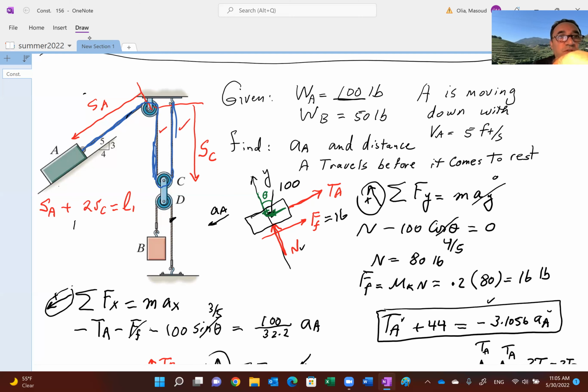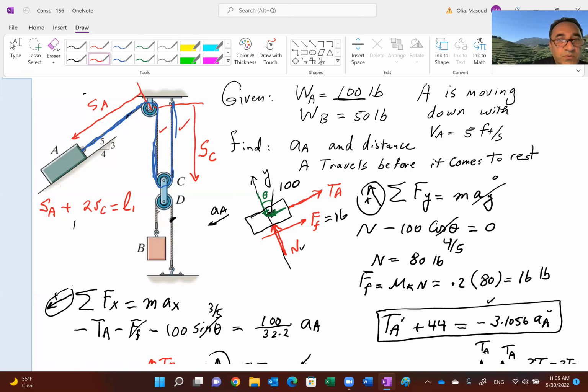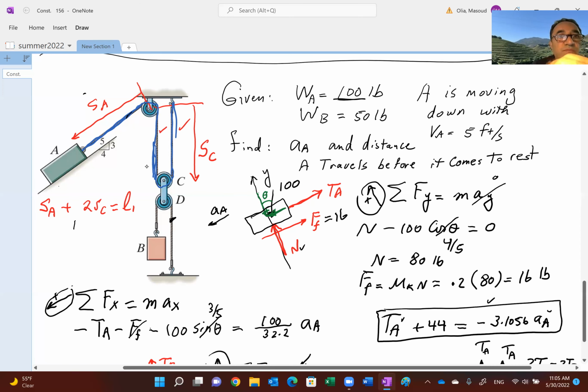Let me change the color here. So you see there are 2 different ropes here. So we're talking about this rope now. If I could get the green going. So I had some problem with my pen here. One second, guys. If I could get this going. Just 1 second. Going to